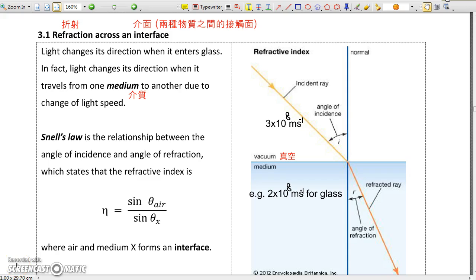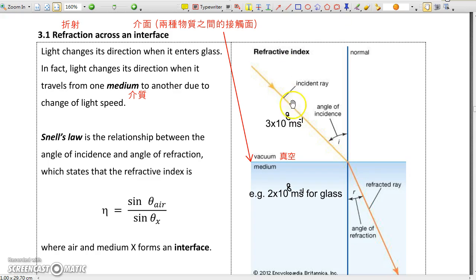So what is refraction? Refraction occurs when light travels across an interface. An interface is the area of contact between two different media, for example, vacuum and glass. When light travels from vacuum to glass, the speed of the light changes, and in this way, the direction of